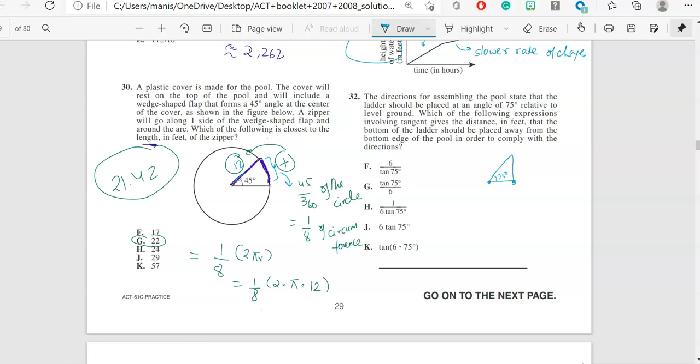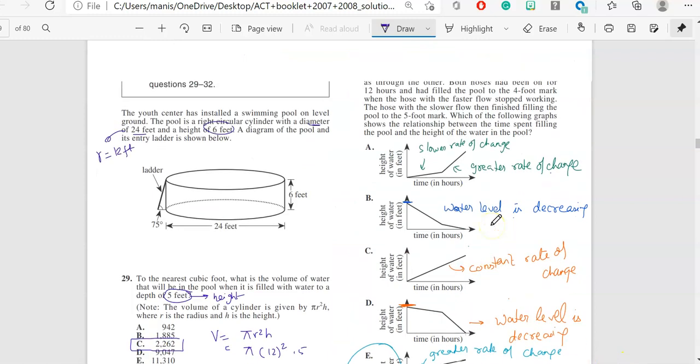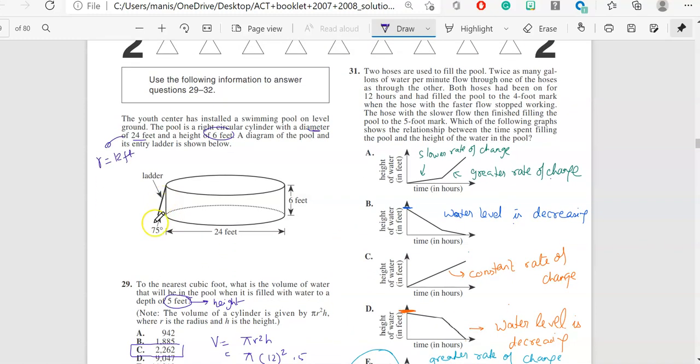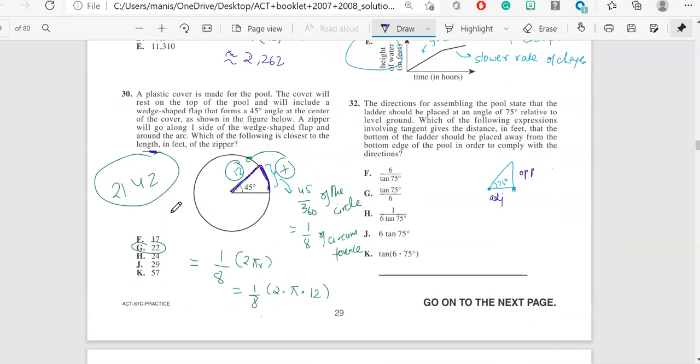Okay, so if this is my x over here, this will be my opposite side, and this will be my adjacent side. Now you might have to go back and check whether they gave us anything else in the question. If you look over here, this is your ladder, and this is your 6. So I think they gave me this value as 6. So our opposite side will be 6, the adjacent side is my x, and that's my hypotenuse over here.